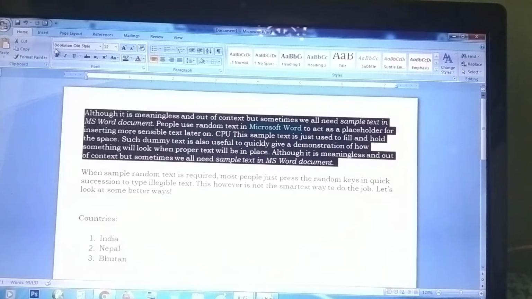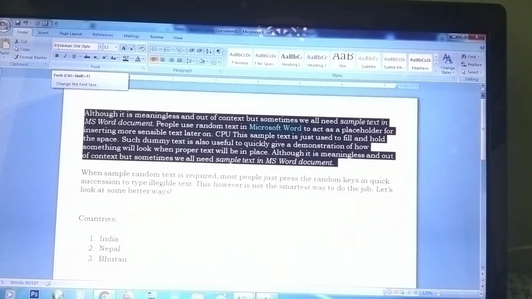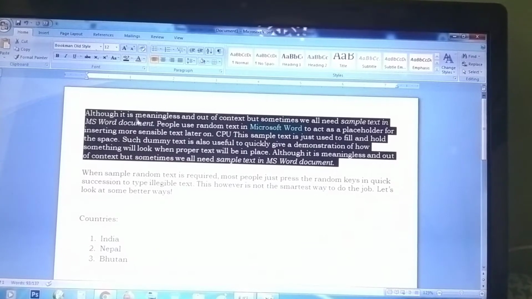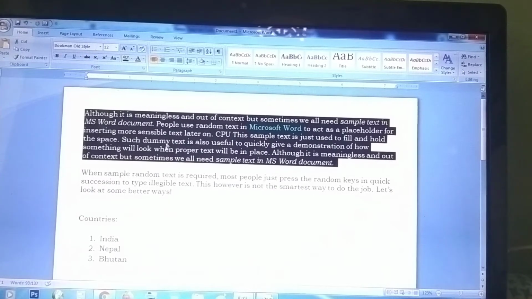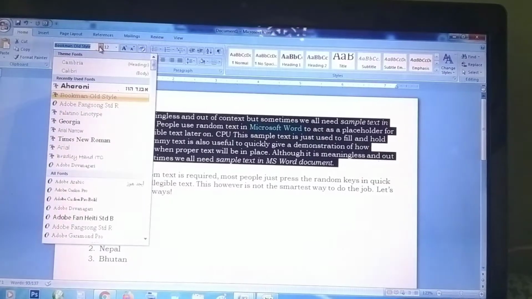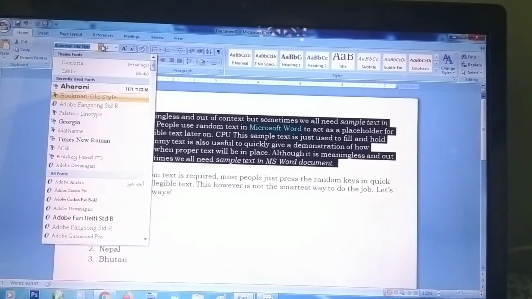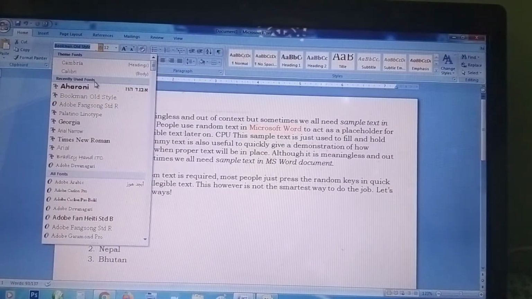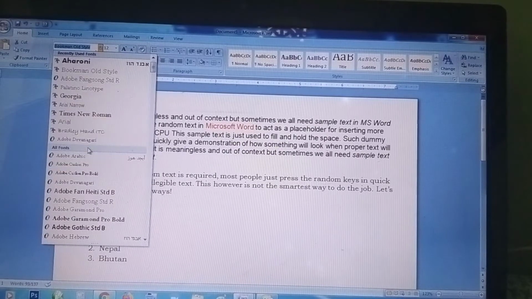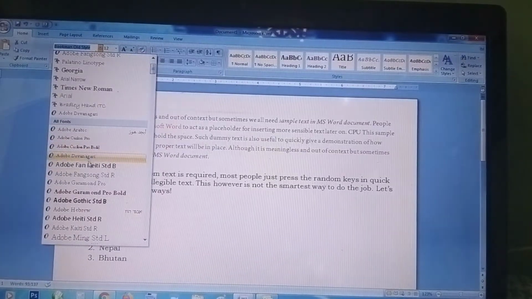Now by default, Bookman Old Style is the font applied to this paragraph, but I want to change it to some other. So I will select this arrow. After selecting the arrow, when you move your mouse pointer, you can see the changes.